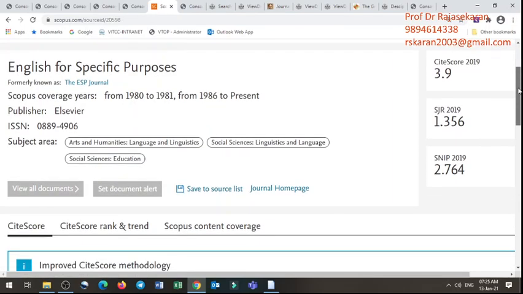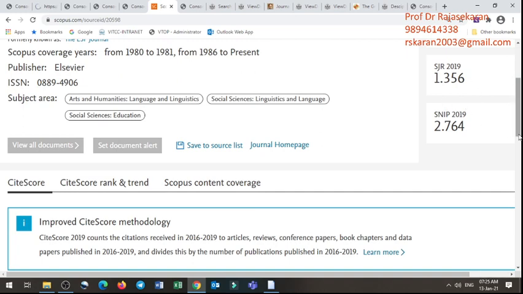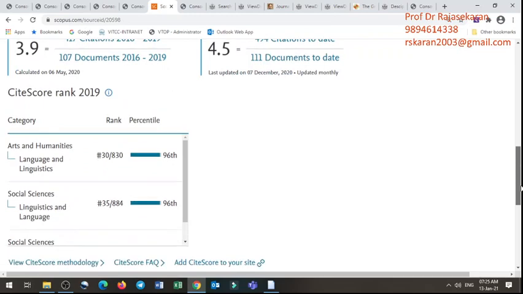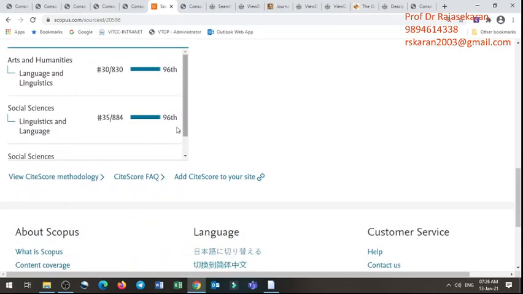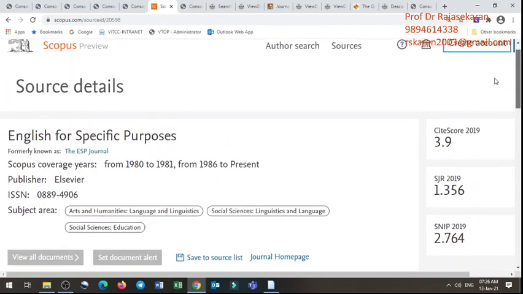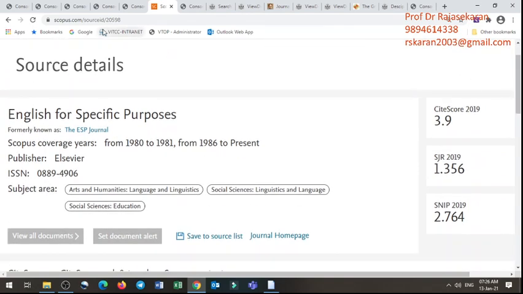And you can see the citation score, SJR, SNIP. I'll talk about these things in the next video. You can also see how many papers they published, in social sciences, arts and humanities. These are certain other statistics. I'll be talking about these things in detail next time. The only thing you have to know is whether this journal is listed in the Scopus database, and it is there from 1986 to present. If it is 1986 to 2020, it means that after 2020 it is discontinued. So you have to know all these things.